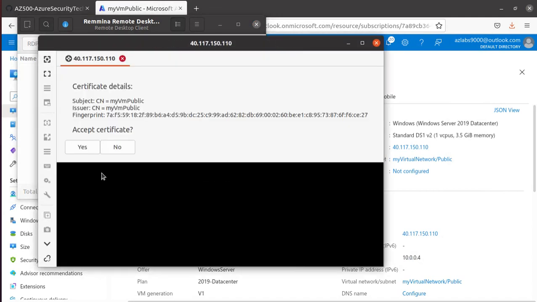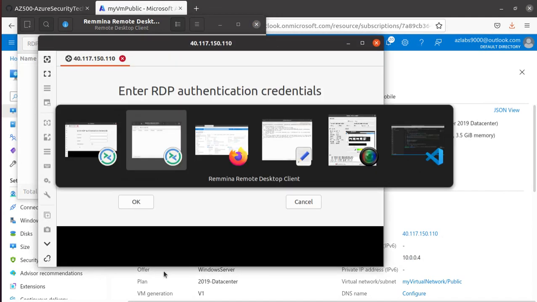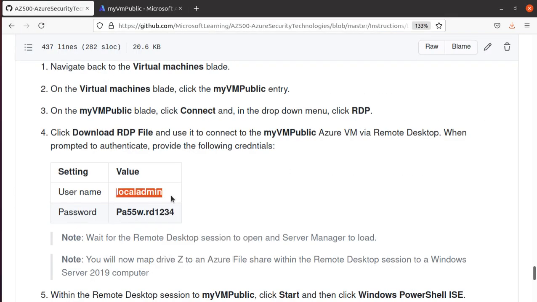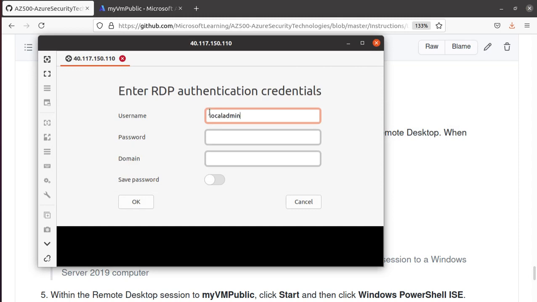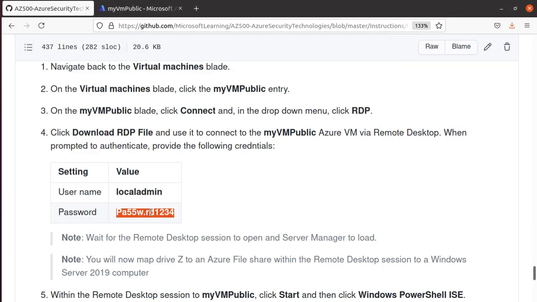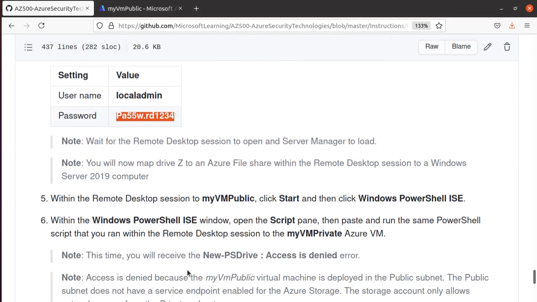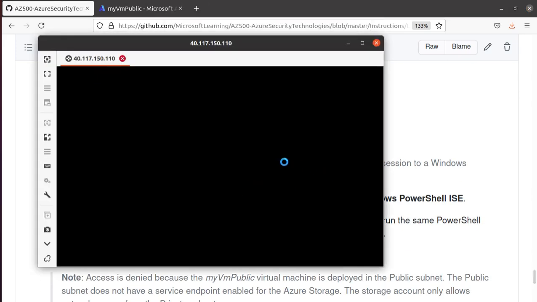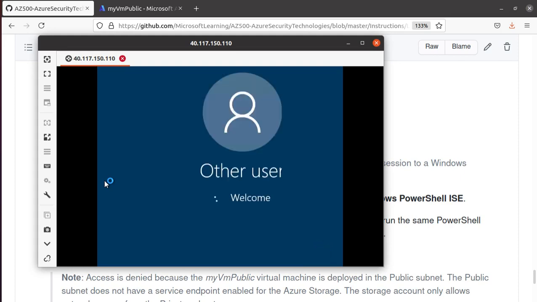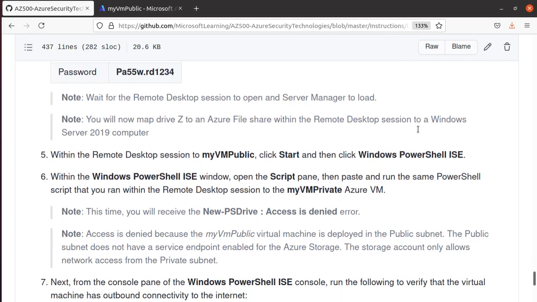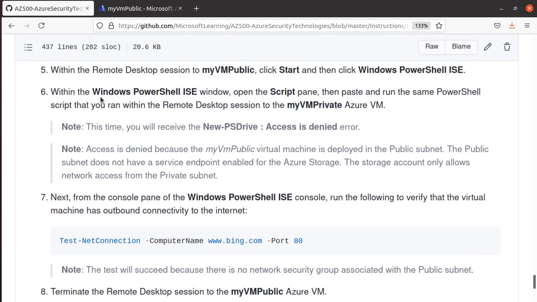Remmina, hit enter, yes, and we're going to log into this machine right now, local admin, and then our secure password, and hit enter. And if we try to mount our storage account to this particular public network, we will not be able to do that because we have not allowed that. So again, we're going to open up the Windows PowerShell ISE